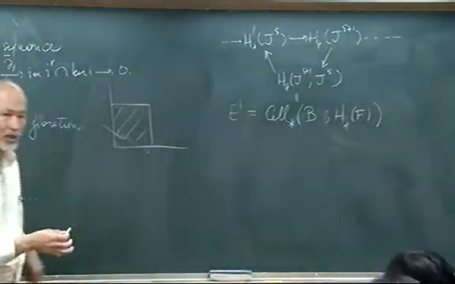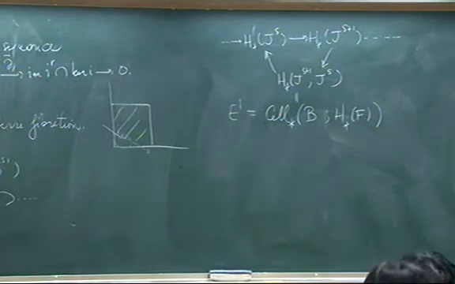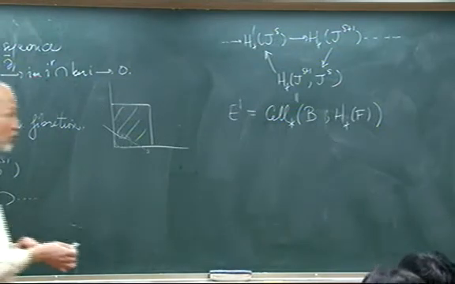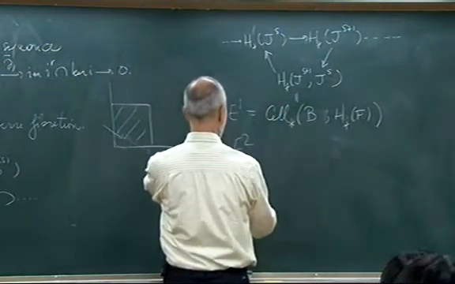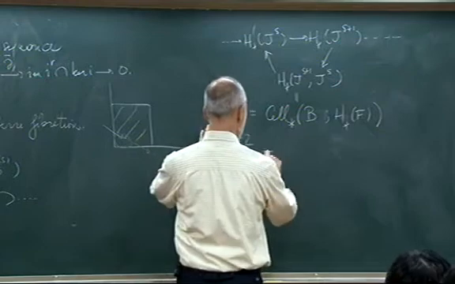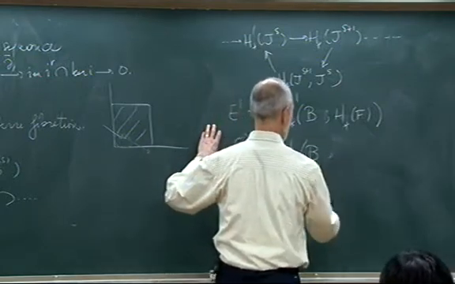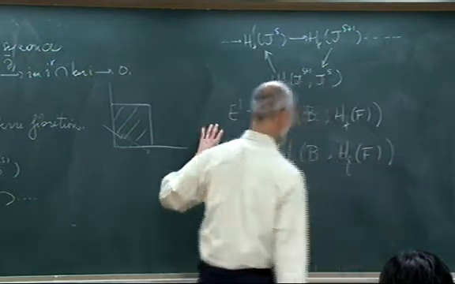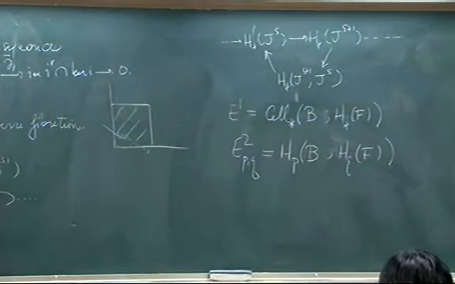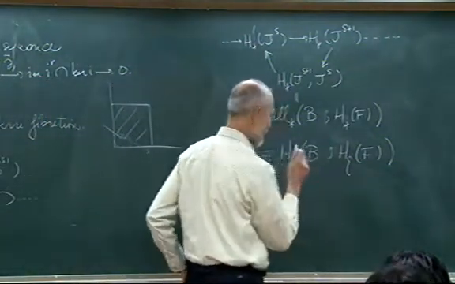And then when I study the differential, it will turn out to be the cellular differential determined by B. And so E2 here, in bidegree (p,q), will be the pth homology of B with coefficients in the qth homology of F. Now here, of course, I need to be a little more cautious in what I'm saying, because in fact,